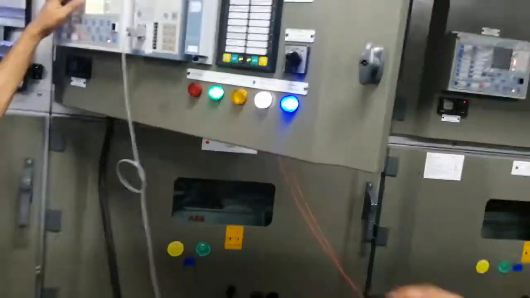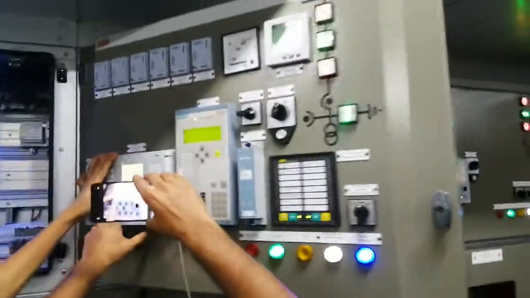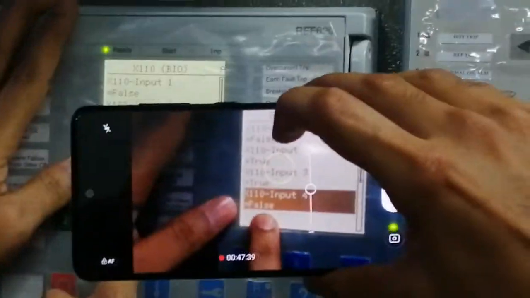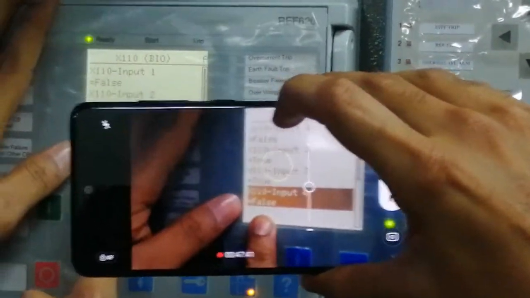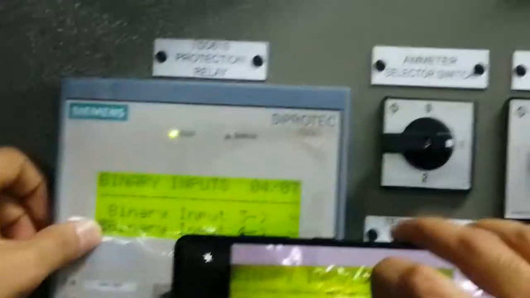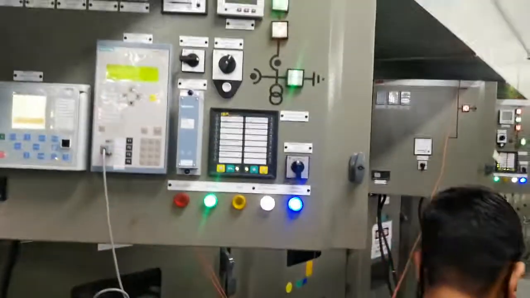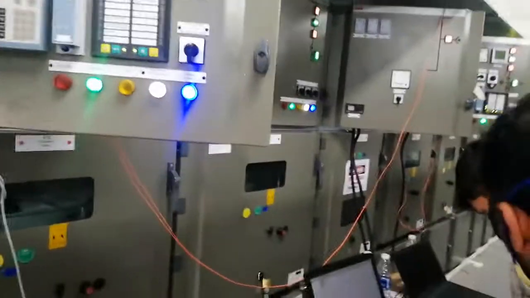And we will get the signal on binary input of the 11 kV Ciprotec relay SO4 card. As you can see, this is false now. So right now no inter-trip signal is being sent to the 132 kV side, and here it is binary input number 4. As you can see, it's 0, and on the other side, on the 132 kV, I have already shown you that there is no LED.